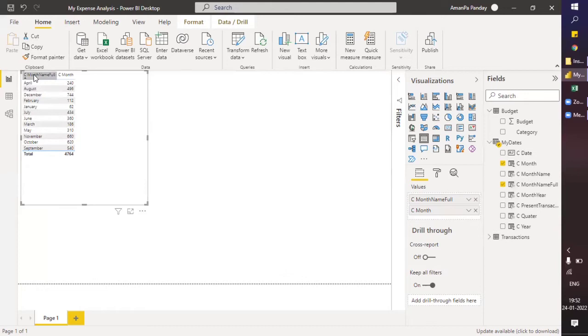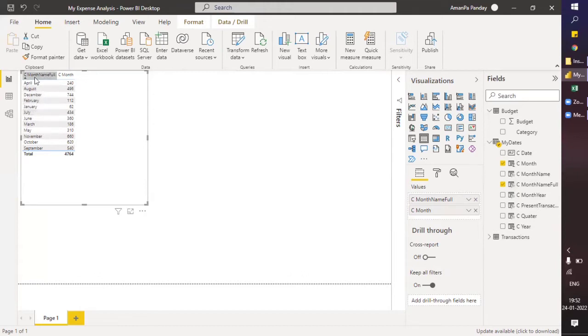If I sort it, then it will sort in alphabetic order. You can see April, August, December, Feb, and so on. But if it's a month column, then it should ideally arrange as per the calendar year, that is January, February, March, and so on. But this is not doing that.